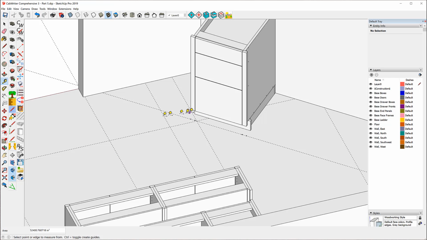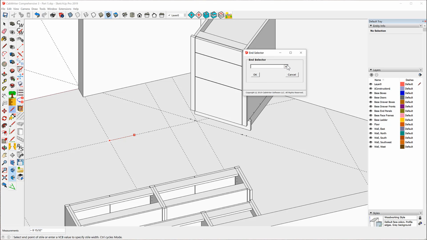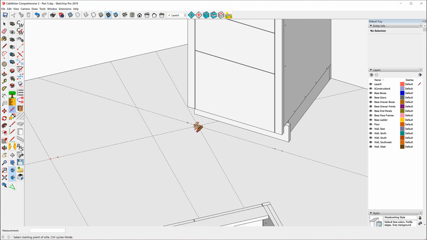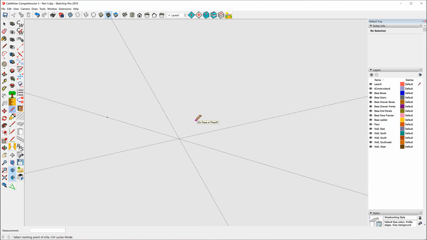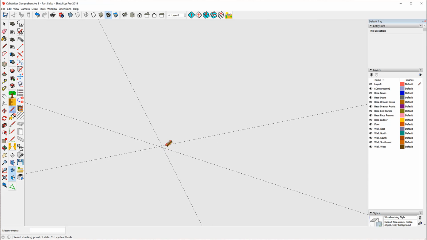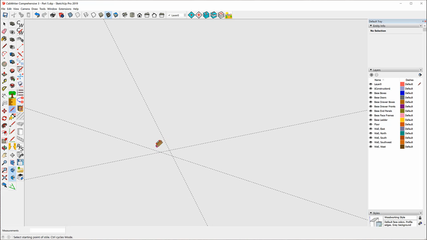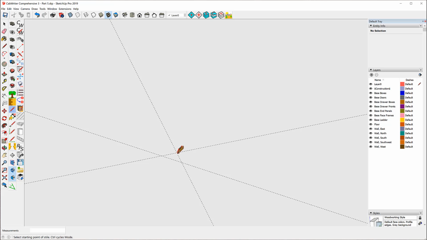All right, so on this side of the cabinet, we're going to need a connector. On this side of the cabinet, it's going to be an end sheet. So let's start here. Make that a left sheet. And now to make sure I don't get confused here, I want to start here. So that's going to be